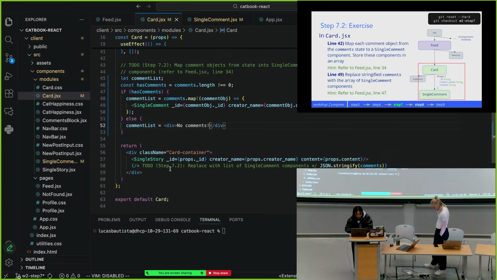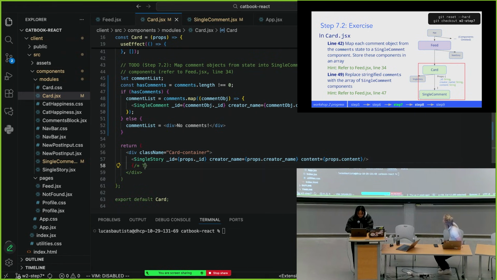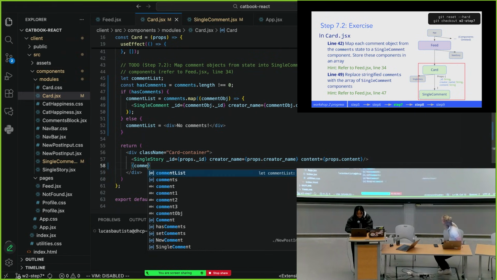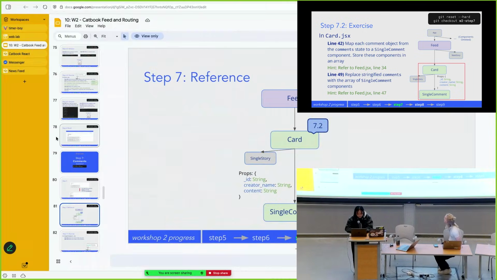Next, let's actually show these comments down here when we're returning stuff to display. Previously, we were just doing some raw string showing the actual object itself, but that's pretty ugly. So let's replace that with what we just did and pass in comment list instead. Now if you go to our website,